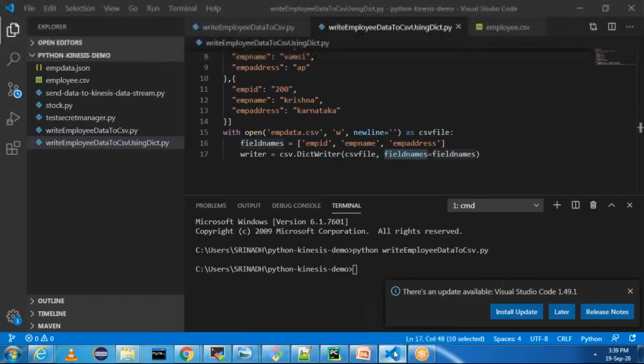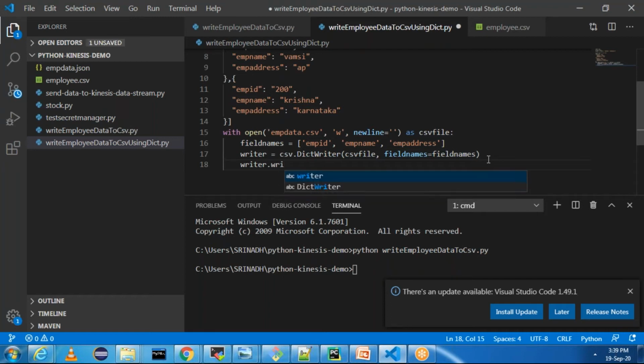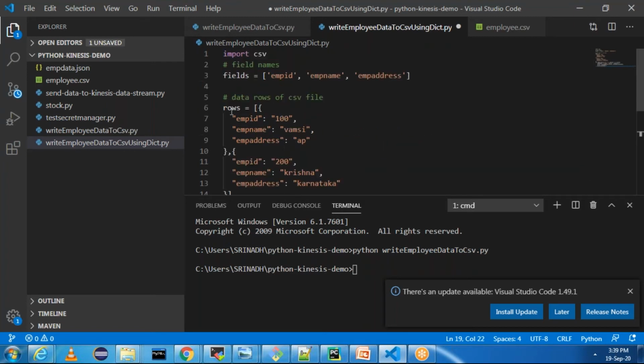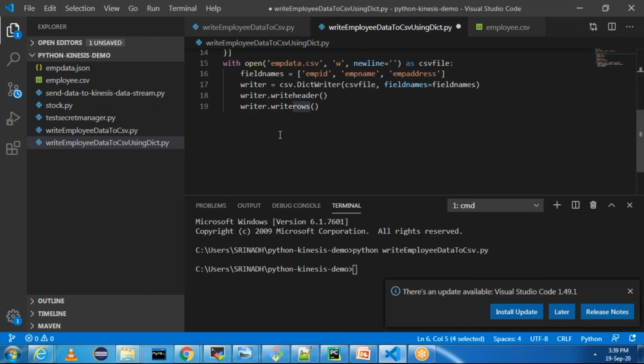We can say writer dot write header. First we are writing the header, and then writer dot write rows, because we have multiple rows. We are saying write rows of what is our rows data. Our rows data is this rows. Paste it here. That's it.